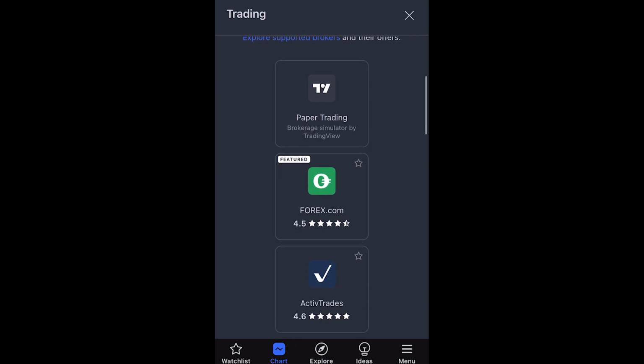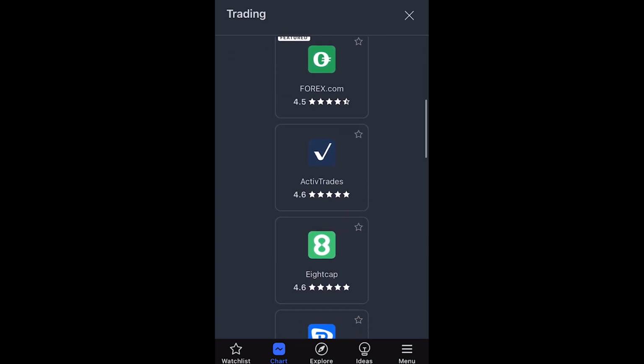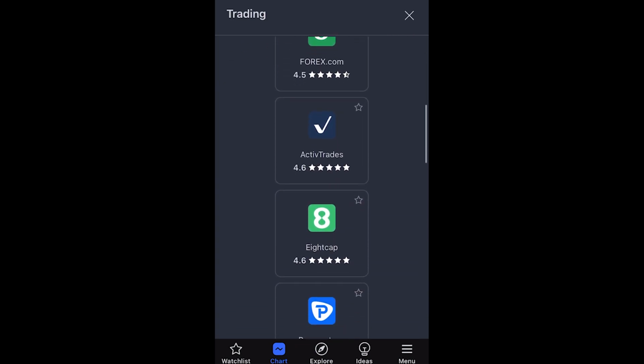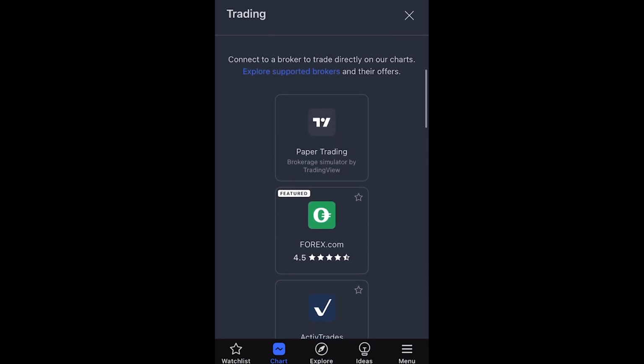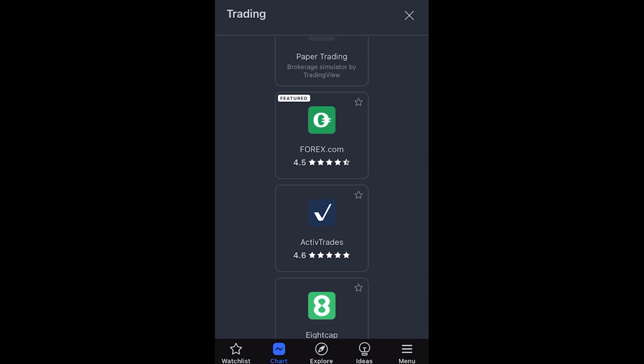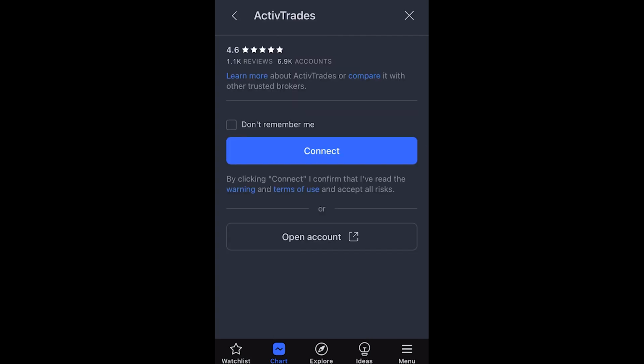So you either want to scroll through this list until you find a broker which you have an account for, or if it's your first time setting up an account with a broker, you can simply choose the one with the best rating. So I'm just going to choose Active Trades, and from there it's going to ask us to